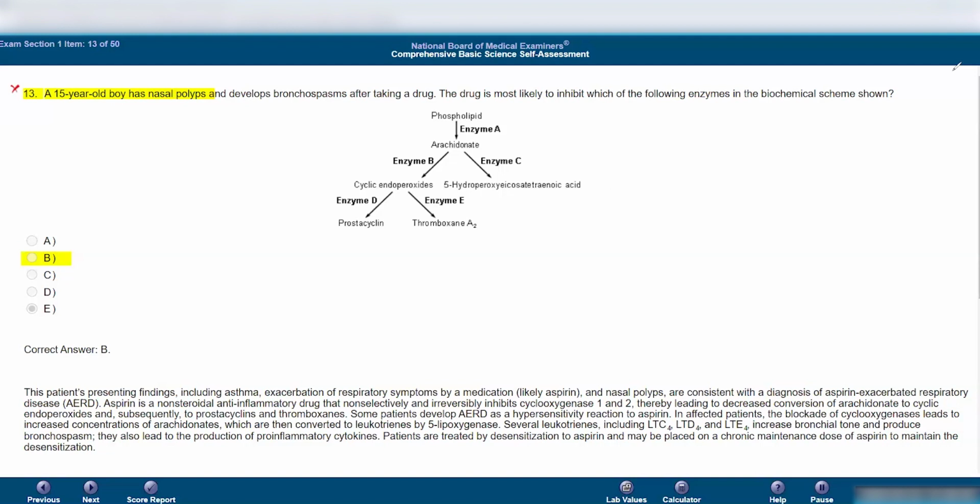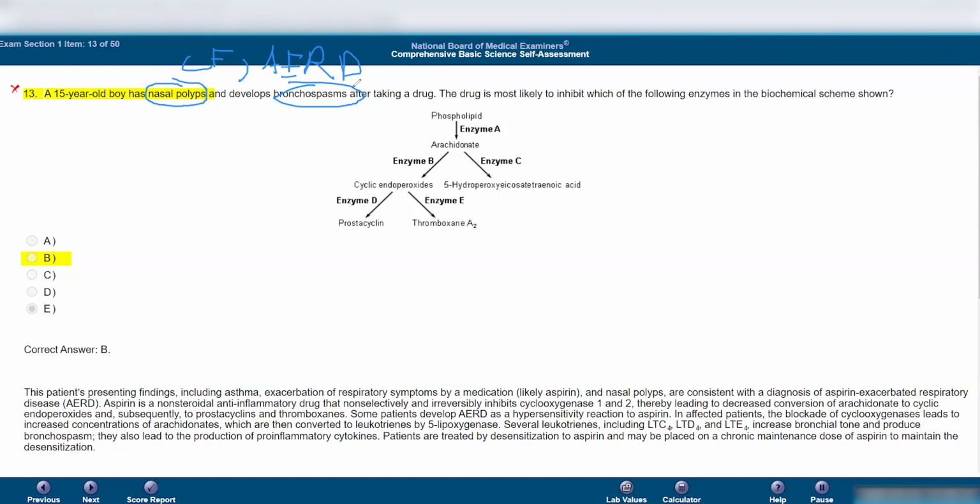Okay, so let's talk about this first. Did you get the diagnosis? The diagnosis first is always what you want to start with. Nasal polyps and bronchospasms. So this is an ENT question, so I've got to teach you this well because they do like asking this. Any time you have a pediatric patient under 18 that has nasal polyps, you're either thinking cystic fibrosis, which is not the case here, or AERD,